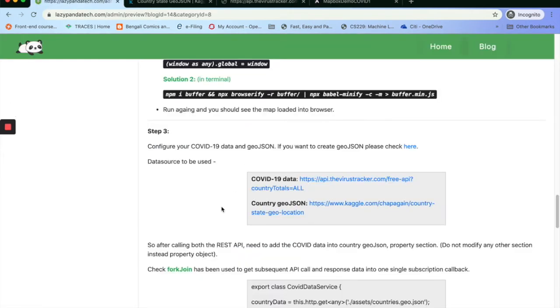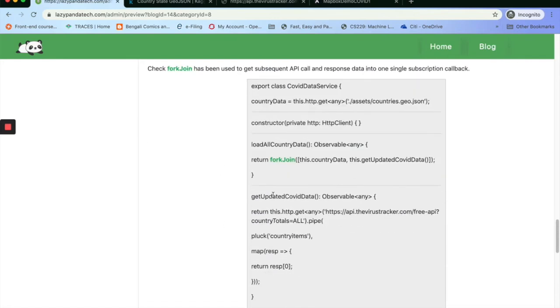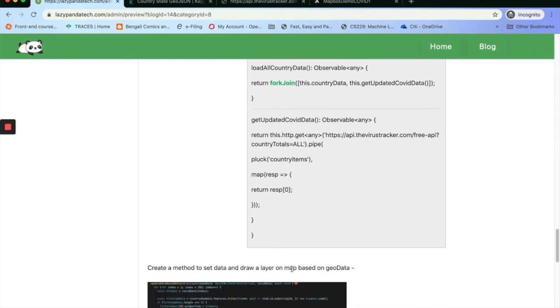Let me go back there, and using fork join I call these two APIs, get the single data source, manipulate the data, create one single GeoJSON data source, and feed it to the map.